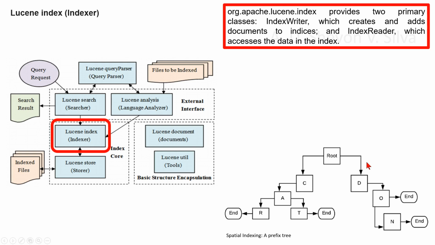Prefix trees act as a tree data structure where shapes are decomposed into strings, each string representing a rectangular spatial region. This figure shows a prefix tree of the words car, cat, do, and don. Lucene defines an abstract class, SpatialPrefixTree, which